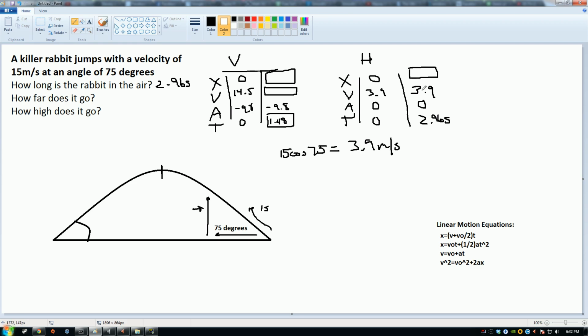Okay, so now we can use a linear motion equation. X equals v naught